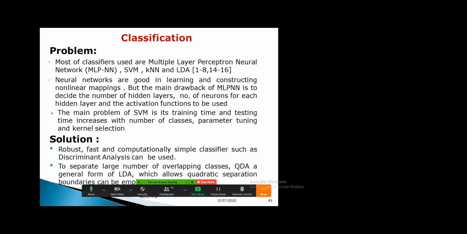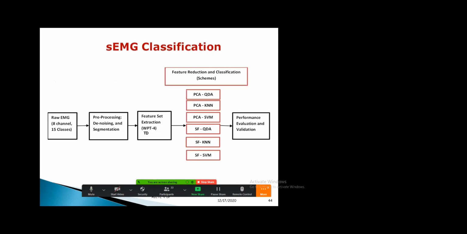But when you are using sparse filtering, you don't need to tune any parameter, except you need to decide how many features you want this data to be converted into. Our classes were 10, so we first took the number of features as 10, and you should group these 10 features. So we designed a very robust, fast, and computationally simple classifier by adding to our sparse filter.